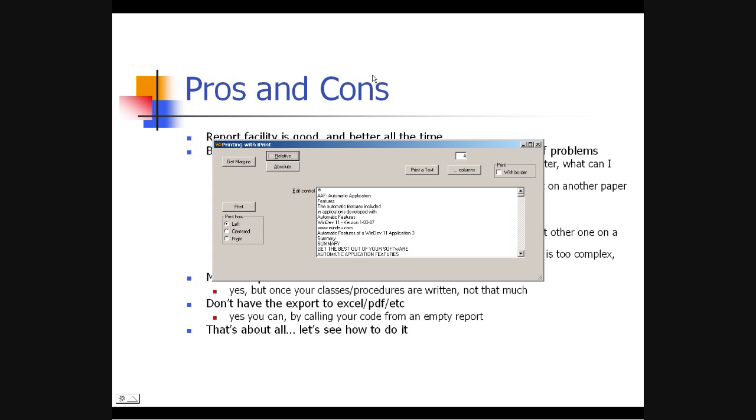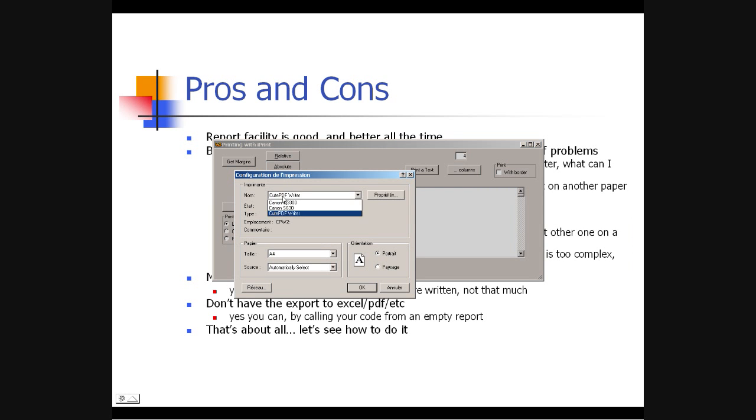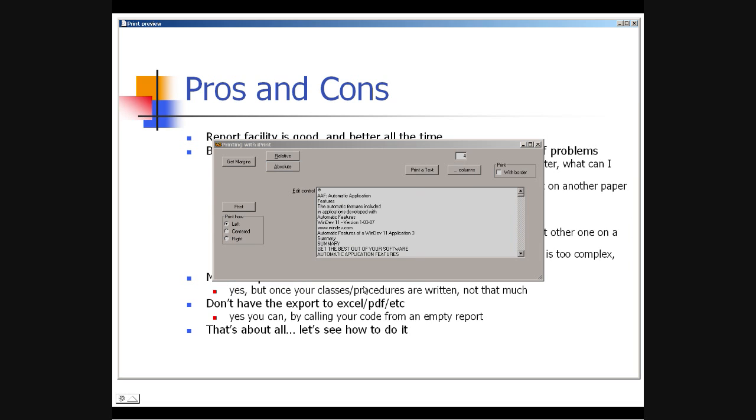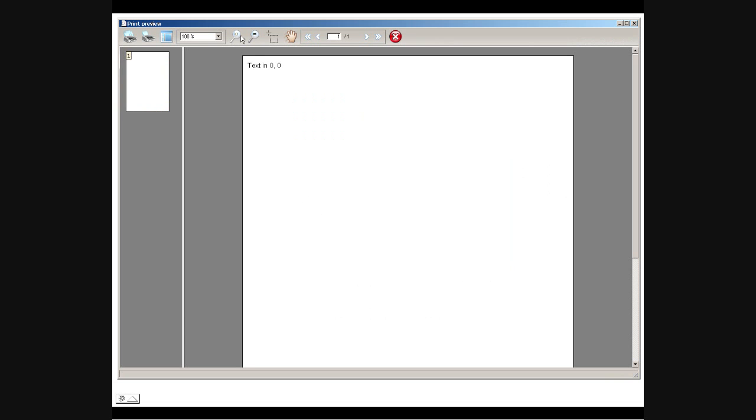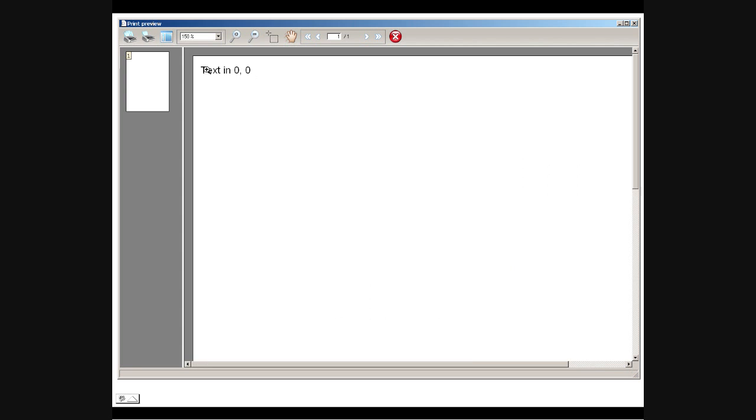Now, if I try to do the same thing on another printer that I have declared here, this Canon printer, I do the exact same code, it's the same button, but suddenly you can see that here I have this margin here. And the reason for that is that the printer, which is a real printer, not a PDF printer, has a physical margin of about 3.5 millimeter, which is this place here. And this is the margin that is called the technical margin, the place on the paper where the printer cannot